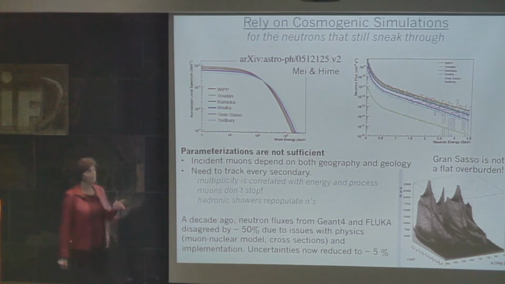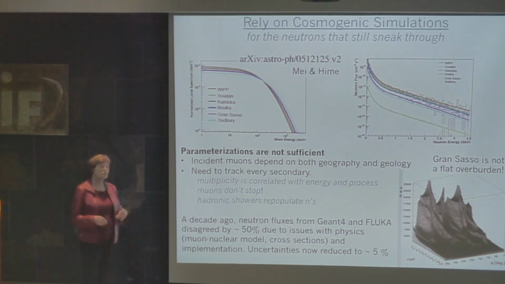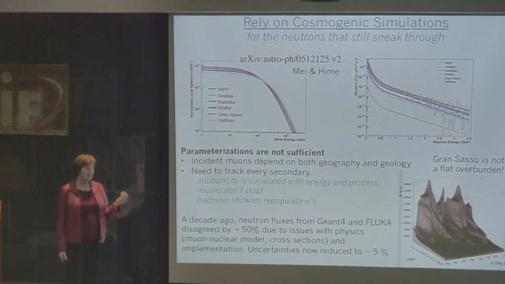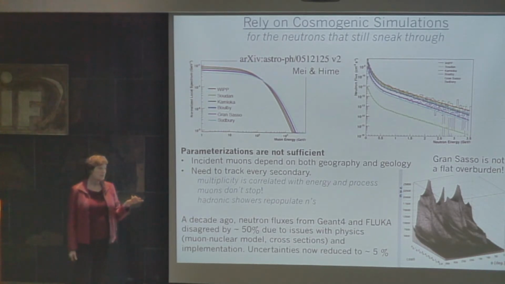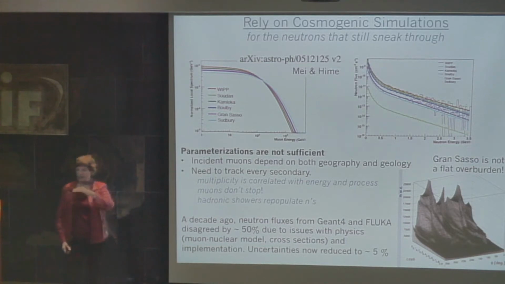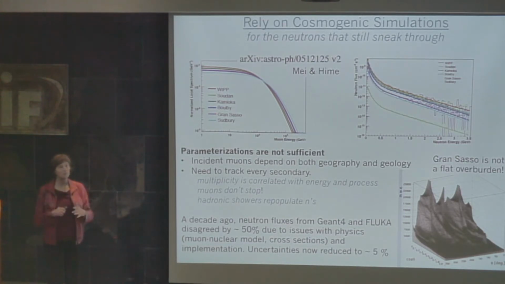So for Soudan, that's the interesting point, is that for CDMS, not only did we do GEANT, but we didn't even use a parameterization for the muons that started at the surface. What we did was we took data from the old Soudan proton decay experiment and from MINOS that were running there, and they had azimuthal and polar angle information on the flux of the muons. And so those we converted into path lengths, for each direction we had a slant path and the amount that we reduced it. So we actually built a model in azimuth and polar angle of what we actually get at Soudan,